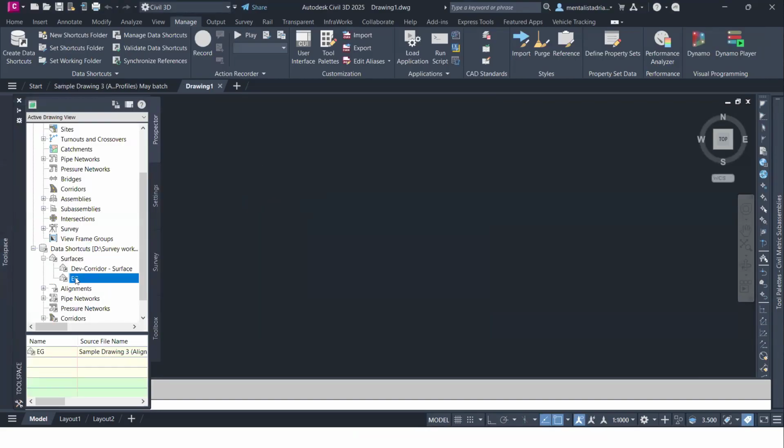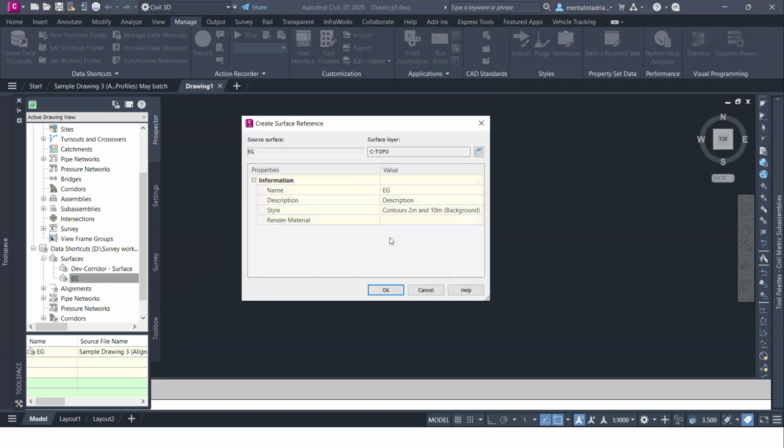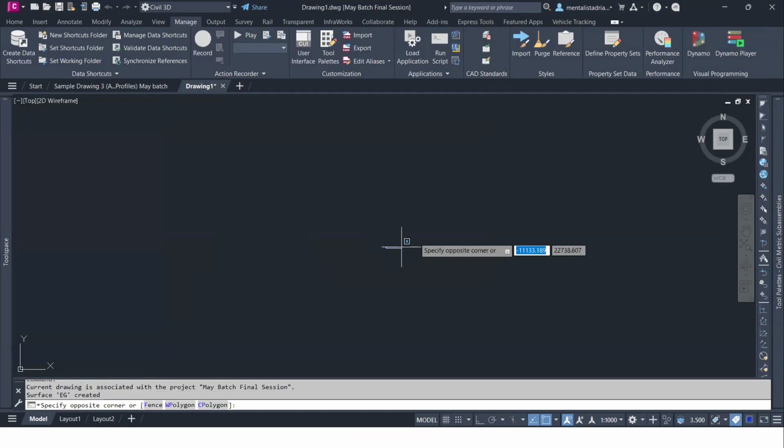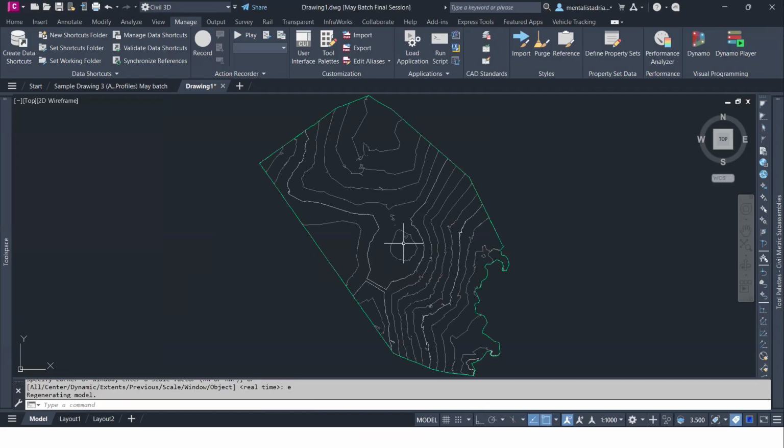So I come and click on that. Now that's the surface. When I right click, there are two ways: create a reference or promote. Create a reference references the surface from the other drawing. It can use it, but cannot edit it. You get it? For example, if I create a reference and then zoom in where it is,